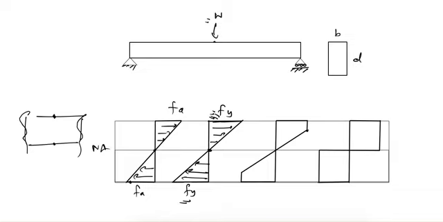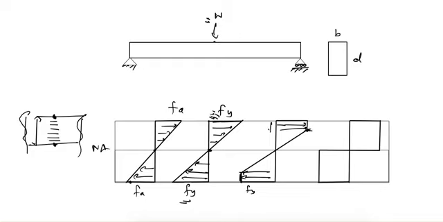But in plastic design, we know that even if these extreme fibers have yielded, the fibers which are lying inside the beam, inside the depth in this zone, have not yielded. They can still take much more stress. So we can further increase the load. The fibers inside the beam at some depth will start yielding. So that's what is happening here. Here we are reaching the Fy stress up to this point.